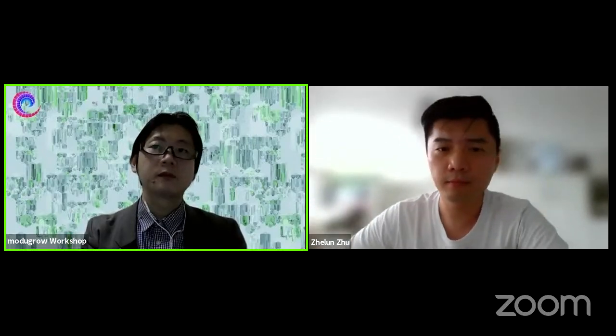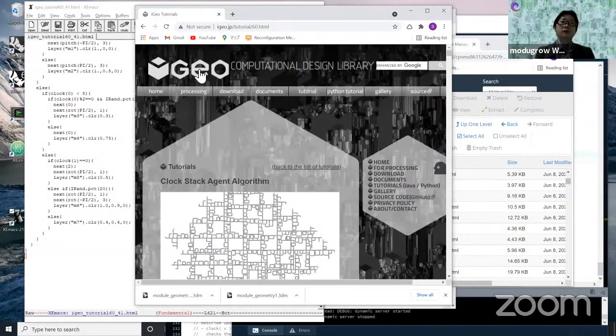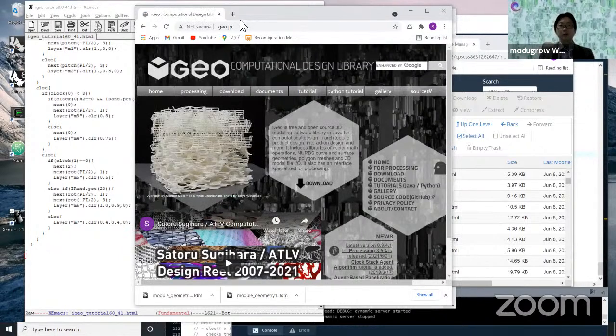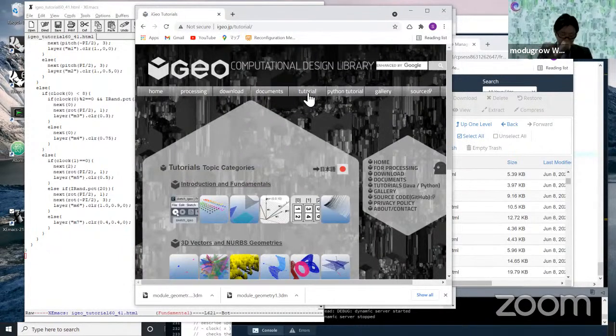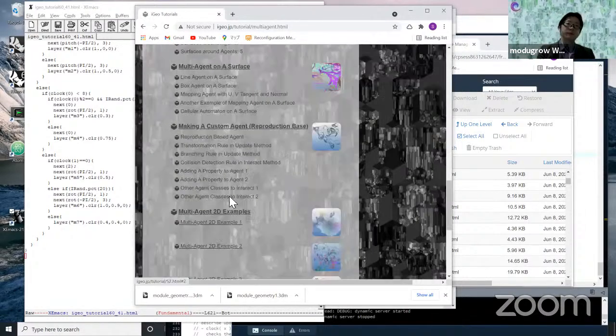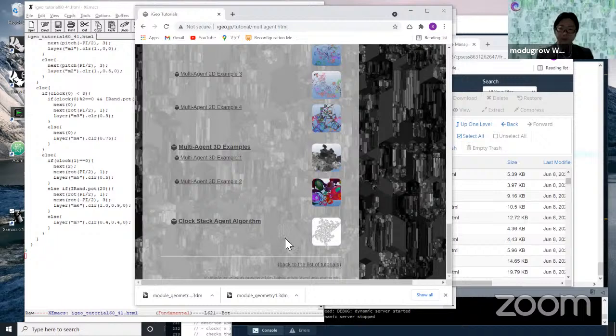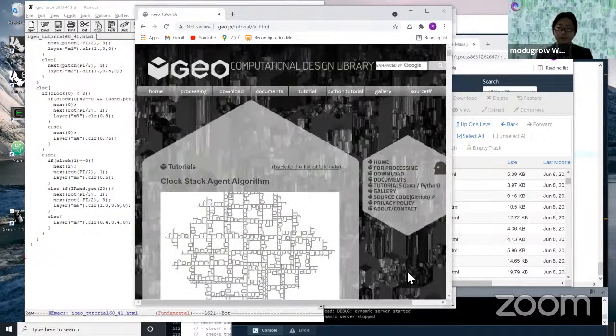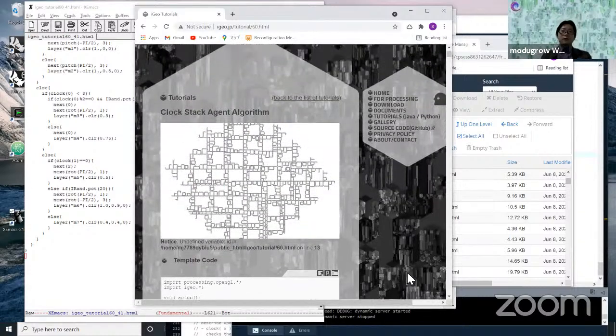hierarchical algorithm. So let me share my screen. So today on the tutorial page of the IDEO website, I'm gonna go into this multi-agent algorithm, and at the bottom is the clock stack agent algorithm, which I was talking about yesterday. So the thing we're gonna do today is basically get familiar with this algorithm, and because this is gonna be the base of our design project of